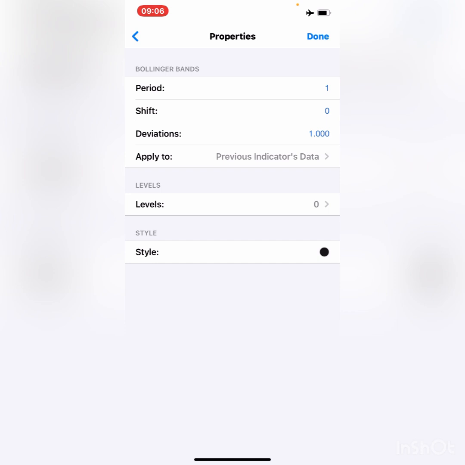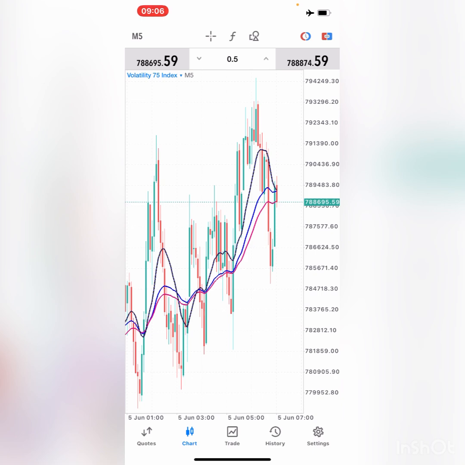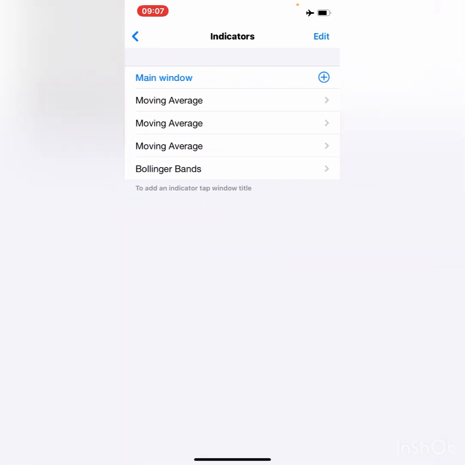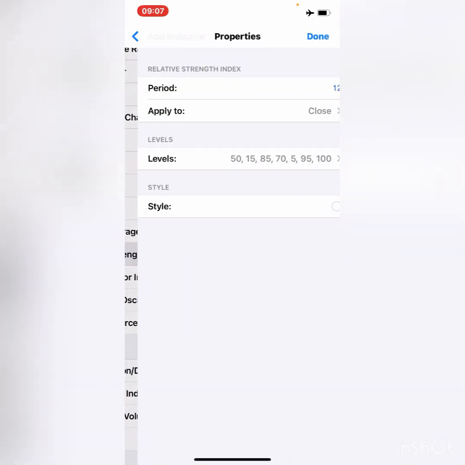They do contrast a lot. So I'm going to click on done, and as you can see, we now have all our indicators installed. Now we want to create indicator window 1, where we will be installing our other indicators. So I'm going to go to main window, and we're going to have the relative strength index